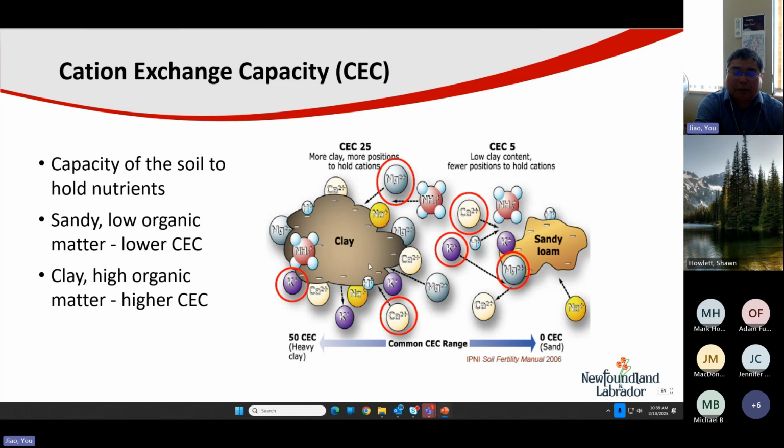Soil particles, the clay particles, are naturally negatively charged. The negatively charged soil particles take the cations and hold them around them. That's called the cation exchange capacity. Basically, the soil can hold nutrients to supply the plant, instead of pure sand, which cannot hold much of the nutrient. You put fertilizer in the sand, and the rainfall will quickly carry it away